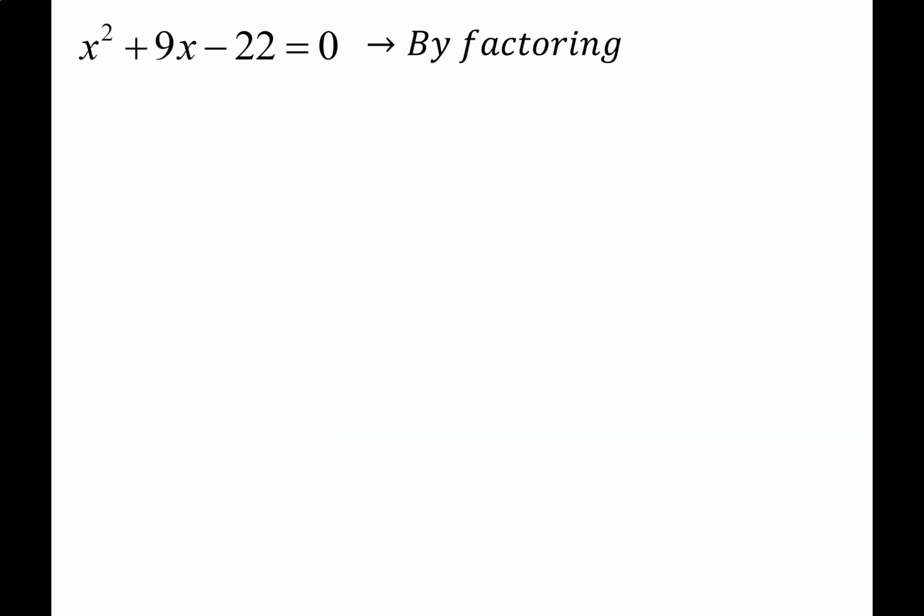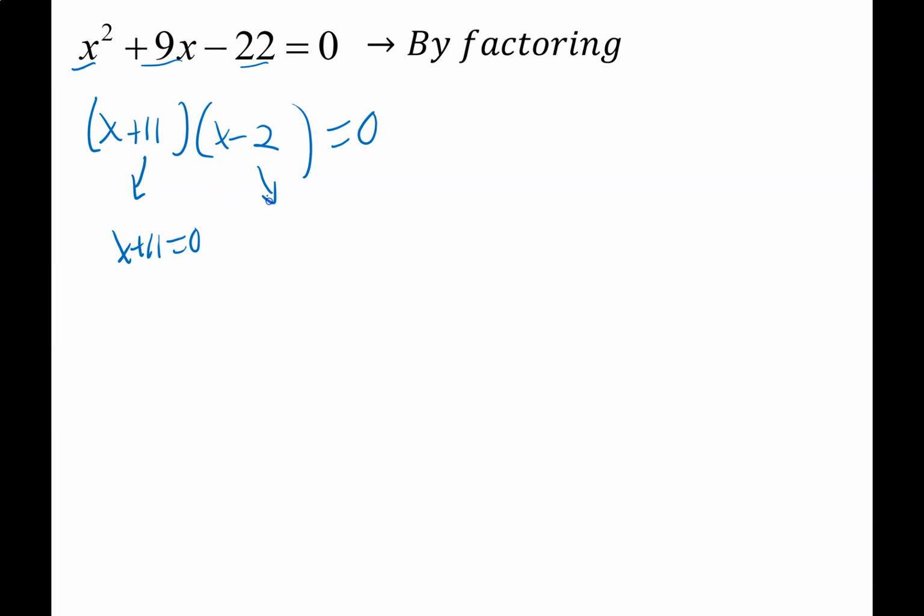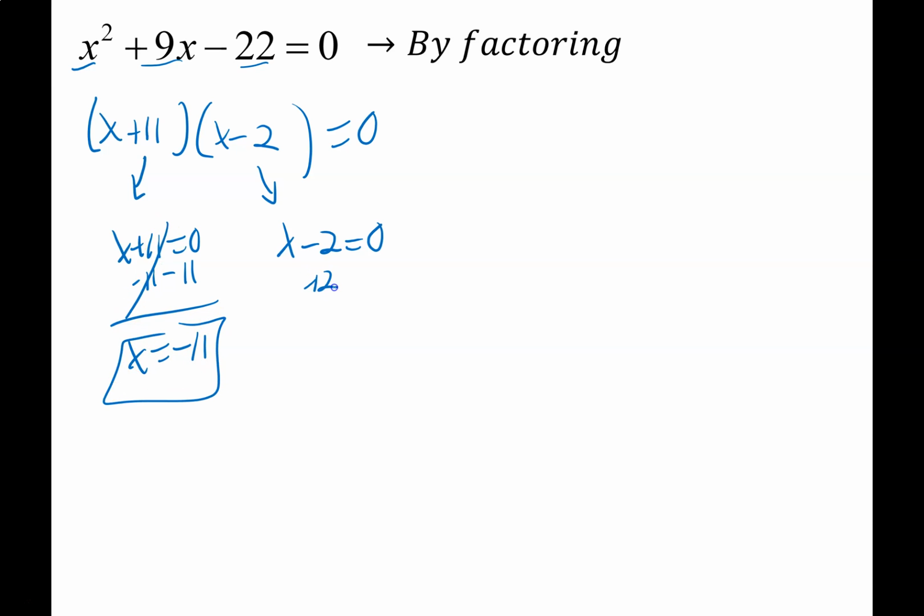So we'll start with factoring. Again, this is kind of my go-to. It's short, it's fast, it's easy, at least for me. x and x will make the x squared. 22 makes a positive 9. How about plus 11 and negative 2? Yeah, that'll do it. Then I take x plus 11, set it equal to 0, using my zero product property. Also the x minus 2 equals 0. So I get an answer of negative 11